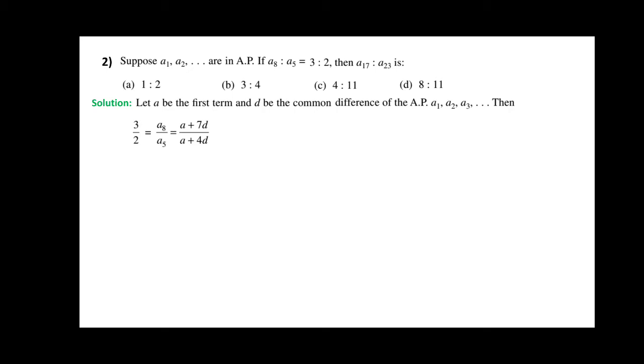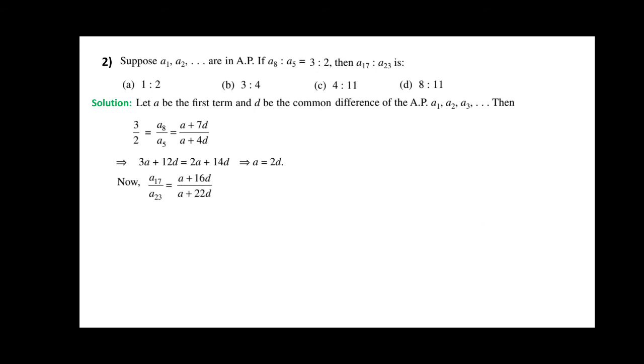Because of that, here I will do some calculations. Just we do the cross multiplication, so it becomes 3A plus 12D, 2A plus 14D after the cross multiplication. Now we can simplify this one here. So 2A can be transferred to the left hand side and 12D can be transferred to the right hand side. Then D and A, the relation between them is here, that is A is equal to 2D. Now here we can replace A is equal to 2D in the